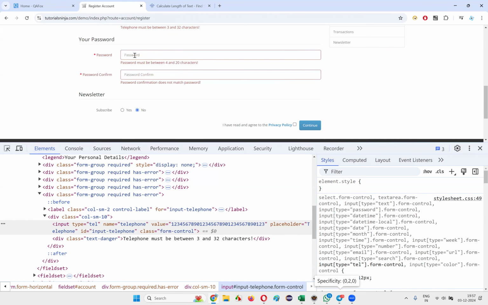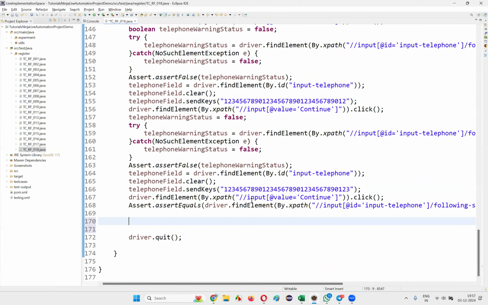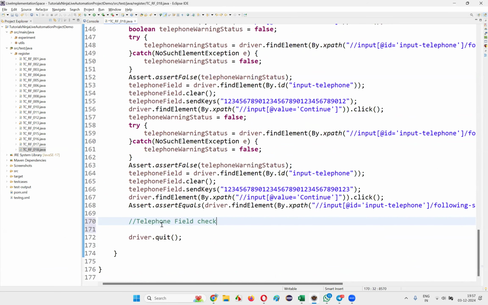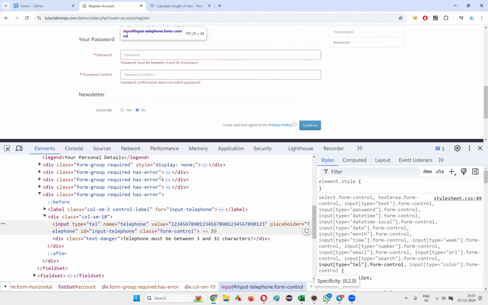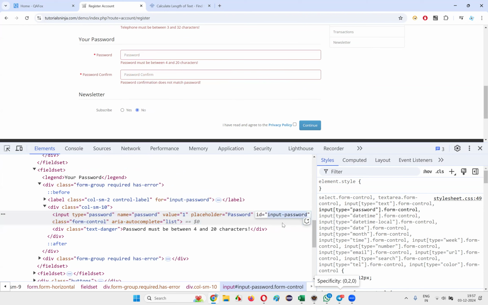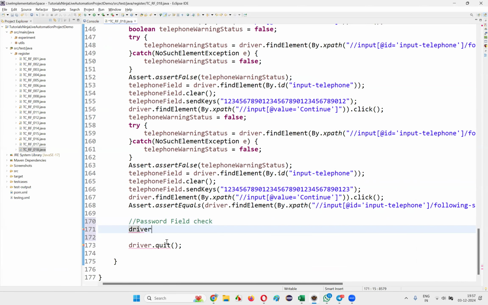We have to verify accordingly, but we have to first check the height and width of the password field. Okay, here I'll just copy this. Telephone field verifications were very big, that's okay. Here, password field check, I'll say. The password field, inspect this password field, and there is an ID here. Create a web element for that. driver.findElement(By.id), provide the ID locator of the password field, put a semicolon here and simply write password field is equal to, create the web element here, and after that simply